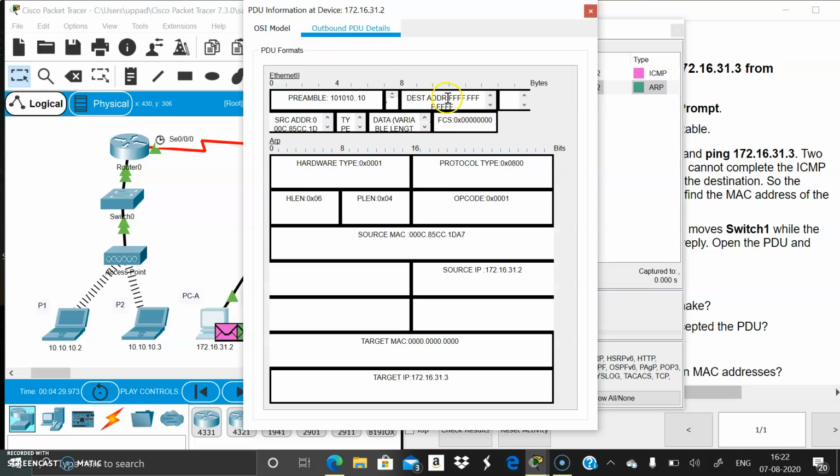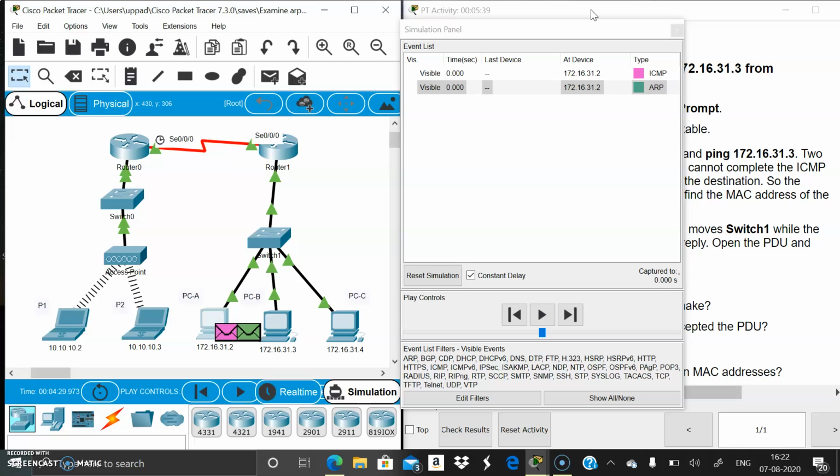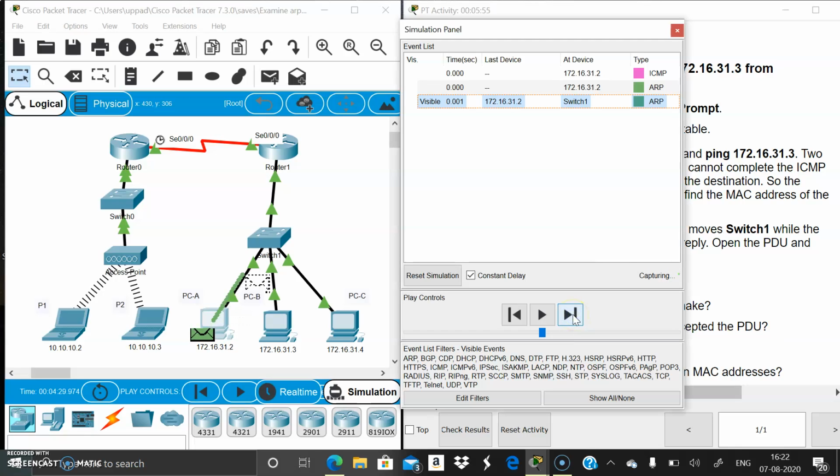we can see here that the destination address is empty, right? For that, firstly the ARP packet is sent through the network and it collects the destination address. Then through that direction or that location, the ICMP packet will be sent. Okay, let's see it now. Now see that the ICMP packet disappeared and the ARP packet traveled from PCA to the switch, to know the destination address.